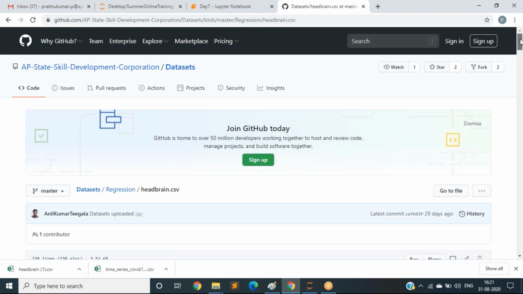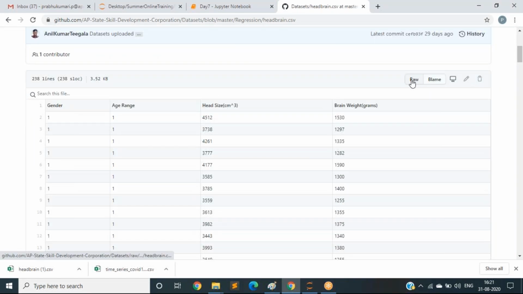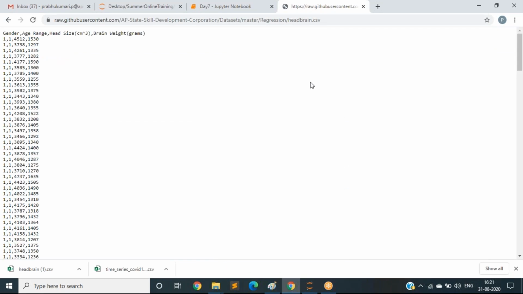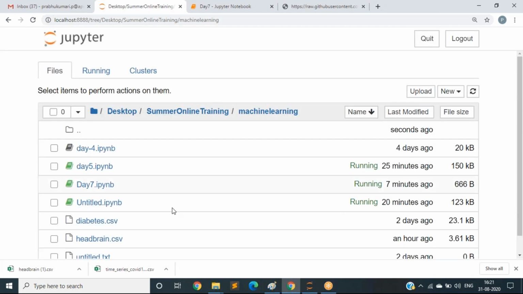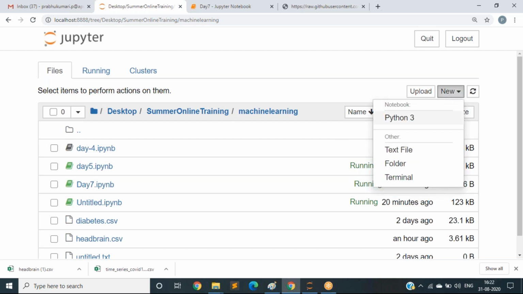To copy the dataset, what you need to do? Click on this raw option here. Copy all the data here, come to the folder that you are currently working in, and click on new text file.